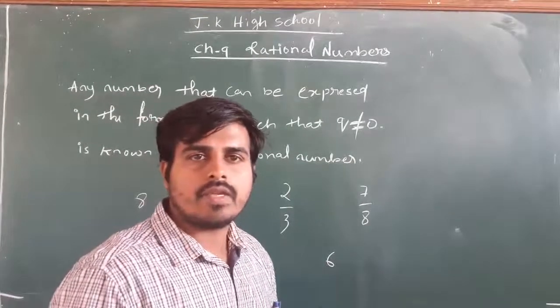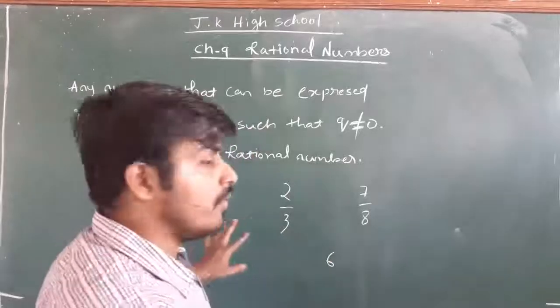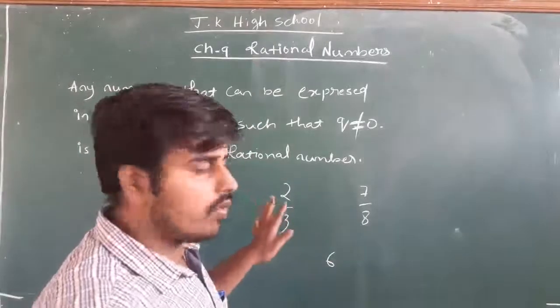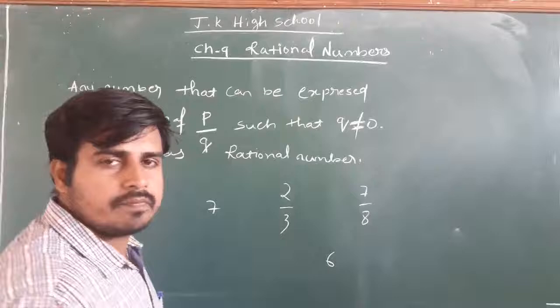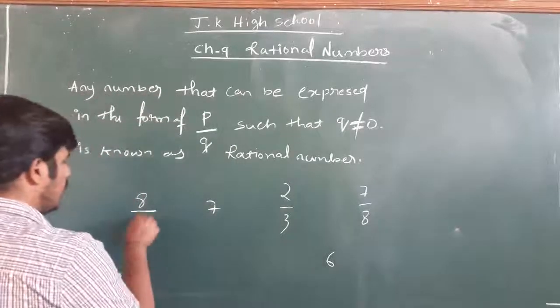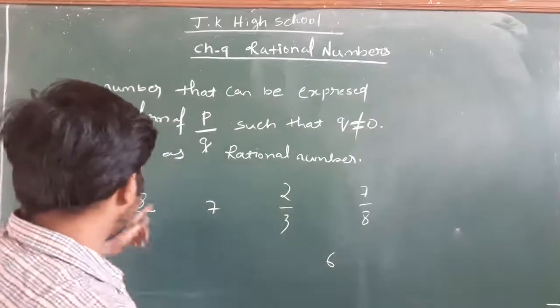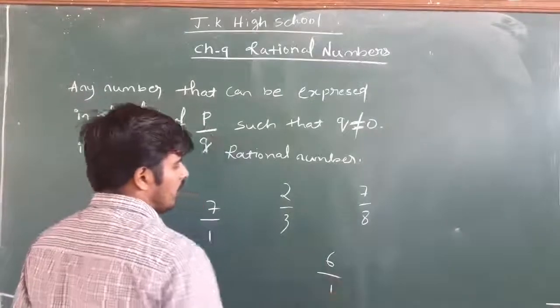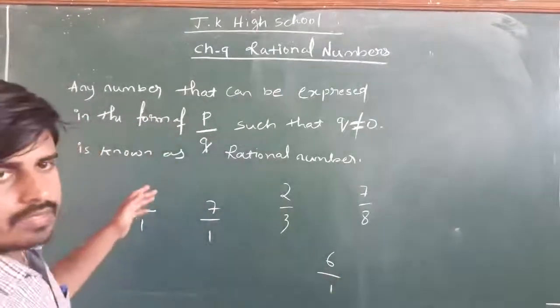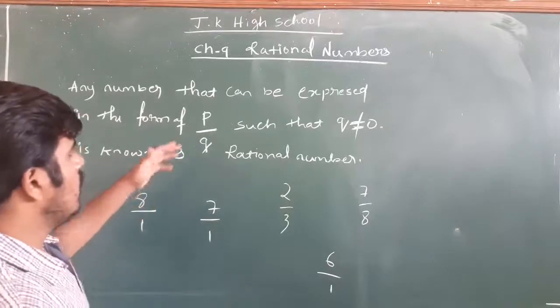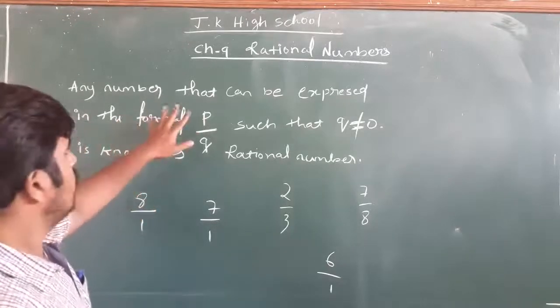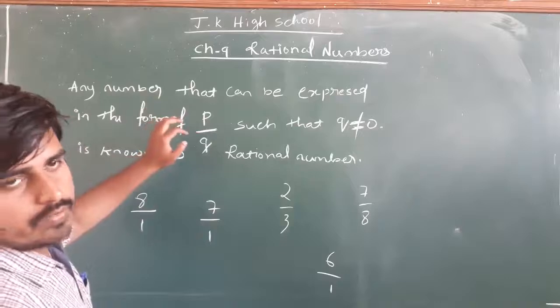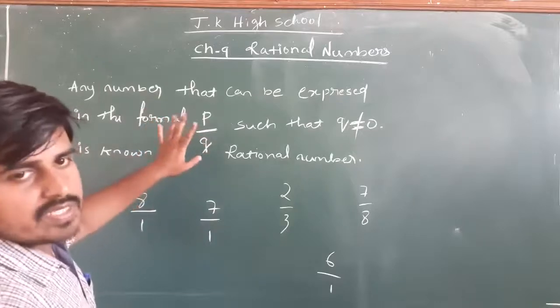The answer is yes, we can count these also as rational numbers, because every number has a denominator 1. Naturally, 8 has a denominator 1, 7 has a denominator 1, 6 has a denominator 1. Therefore, these natural numbers are nothing but rational numbers, because they can be expressed in the form of